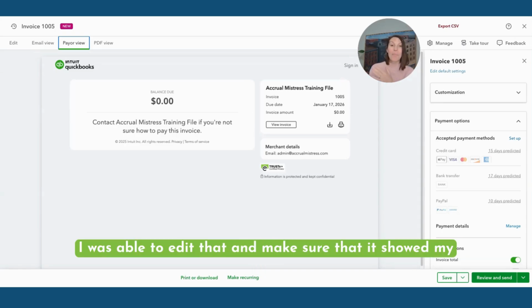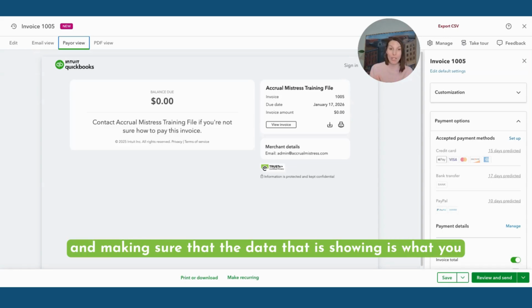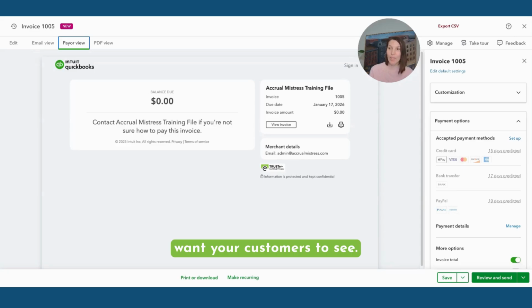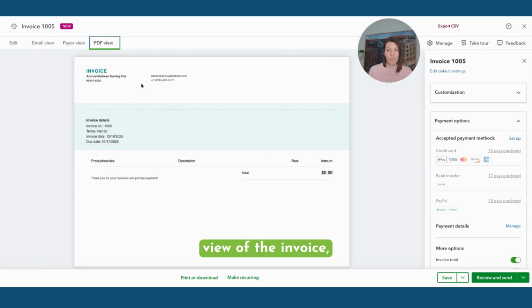I was able to edit that and make sure that it showed my mailing address, which was a PO box, not my home residential address. So I highly recommend looking at this and making sure that the data that is showing is what you want your customers to see. So the final thing here is we can look at the PDF view of the invoice, and